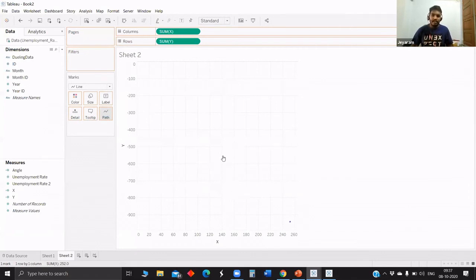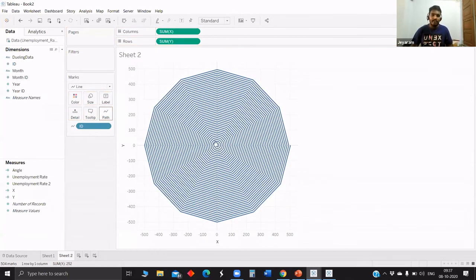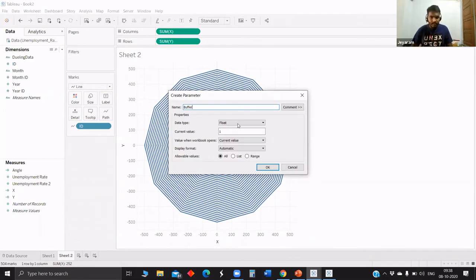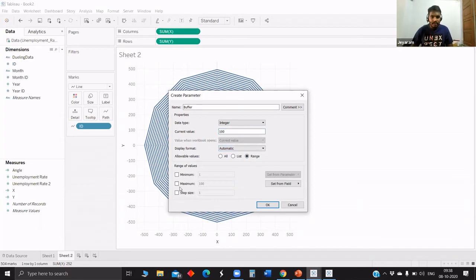Now we will keep on adding enhancements. Earlier we had a buffer parameter and we were able to control it. So to control that we should have a parameter called buffer, with a value range from maybe 1 to a maximum of 100.